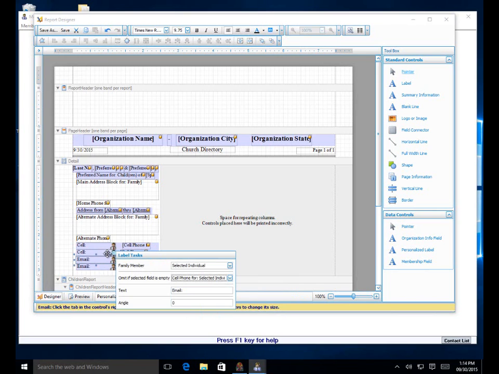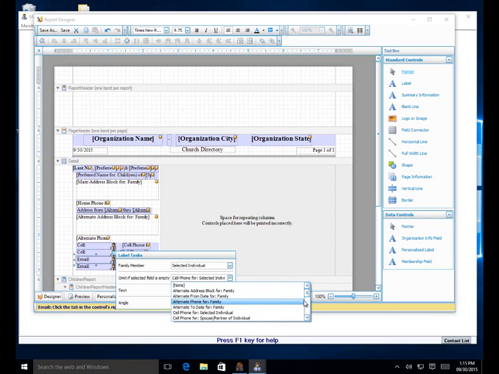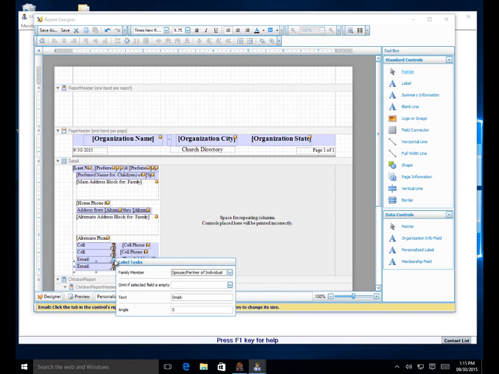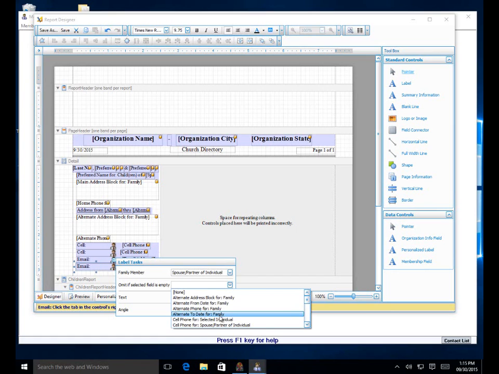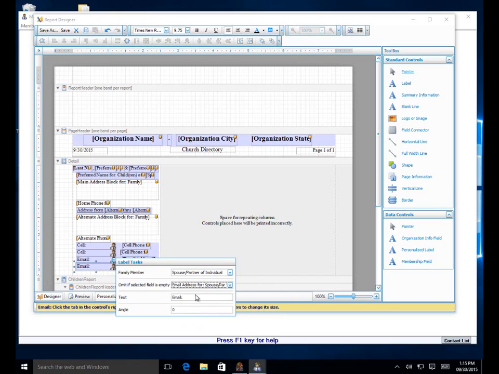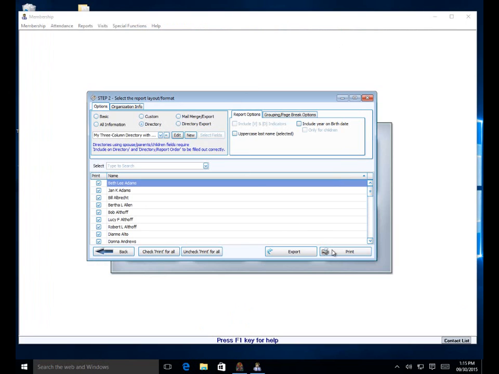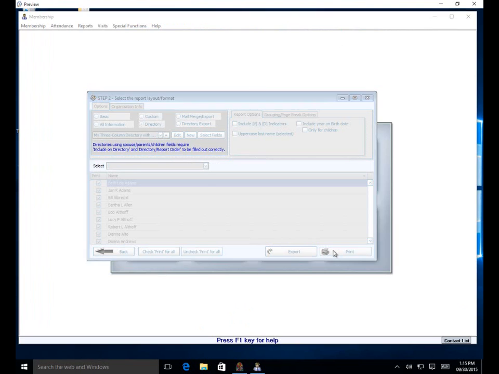Or we want email for selected individual, further down the list, because we don't want those empty fields. If they don't have a cell phone or email address, we don't want those to continue to show up. And so that should be our final fix for this. So again, we would save it, click yes, close. Now when we click print,